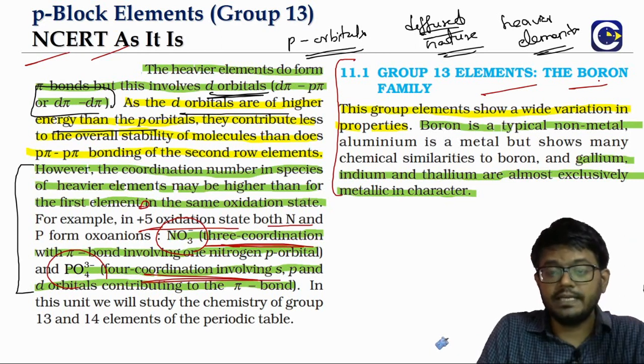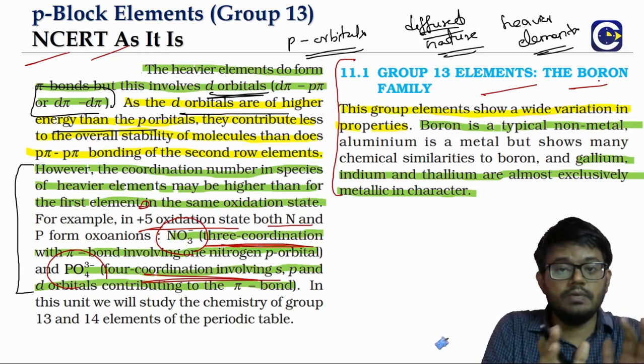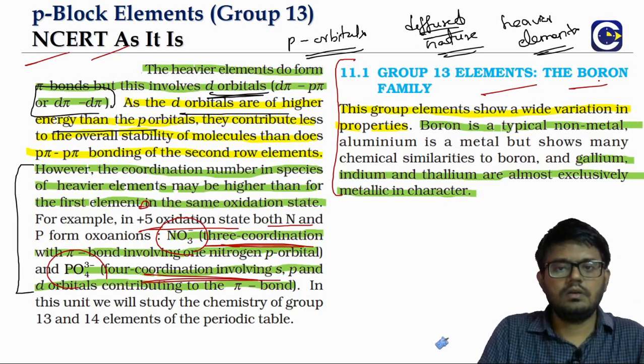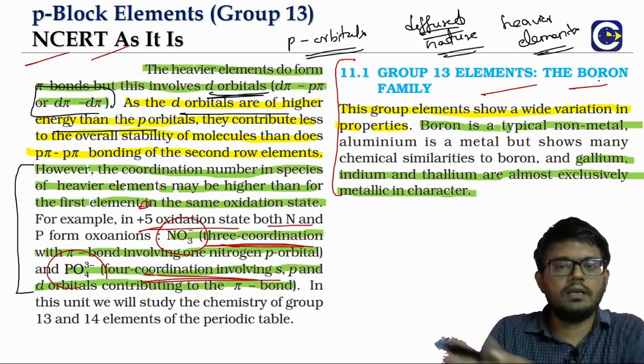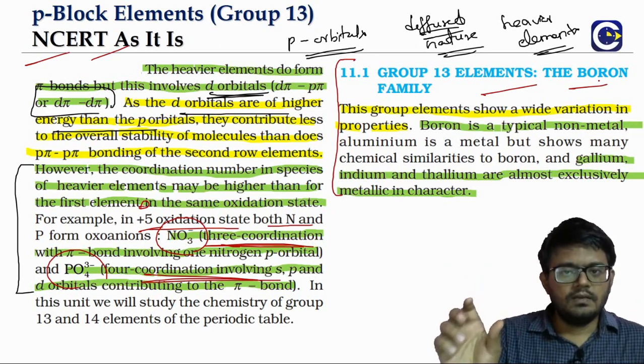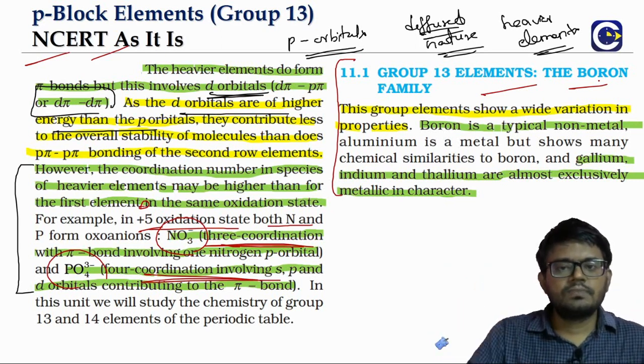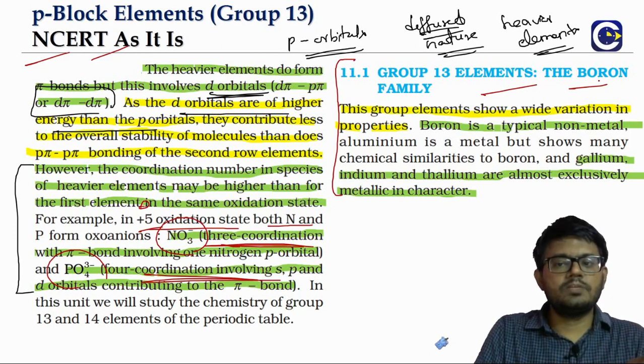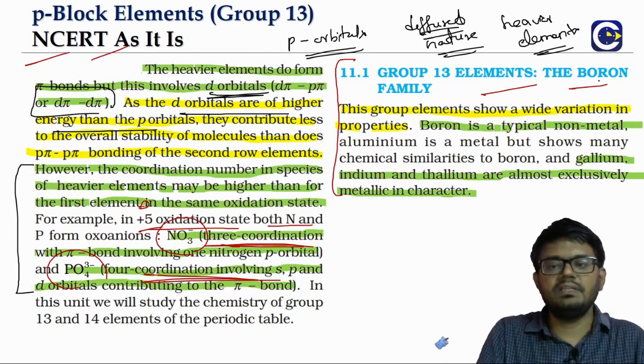As I said before, one of the main reasons is going to be the inner core electronic arrangement. While the chemical reactions are dependent upon the outermost valence electron structure, we will see that the inner core electronic arrangement will give rise to the variations between these elements.